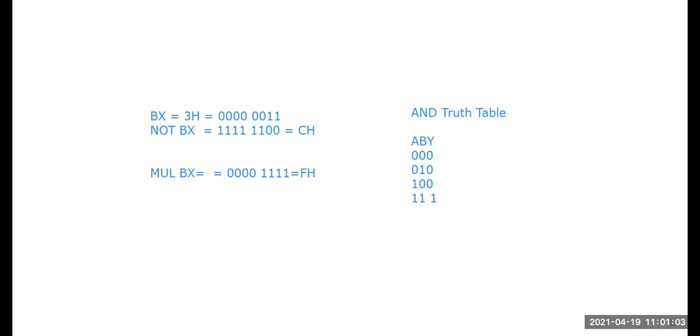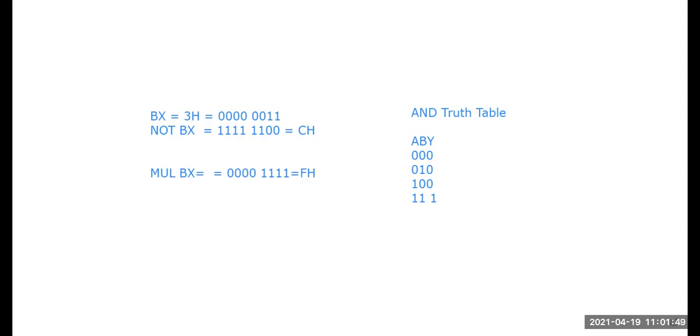So what we are getting here, NOT bx, then finally AND ax, bx, we will get xy bar. So this is the calculation we are giving here, NOT bx equals to this value, FFFCH. Why these 4 digits? Because we are using a 4-digit or 16-bit calculation, so you have to complete it with FFFH. So FFFCH actually.